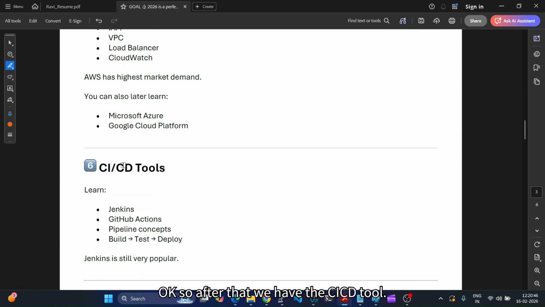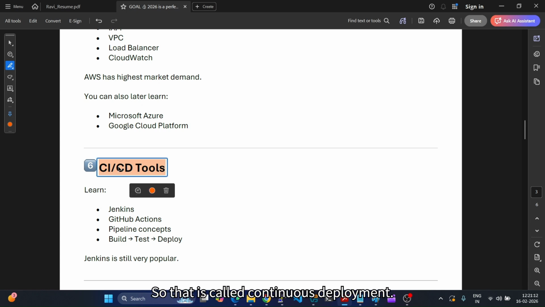Okay. After that we have the CI/CD tools. CI/CD means continuous integration and continuous deployment. Continuous integration means if a developer pushes something, that code should be built and some testing should be done. That is called initial testing. Once it is validated, okay, the code is fine, then it goes to the deployment side. That is called continuous deployment.